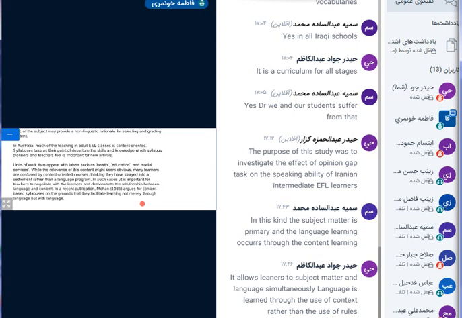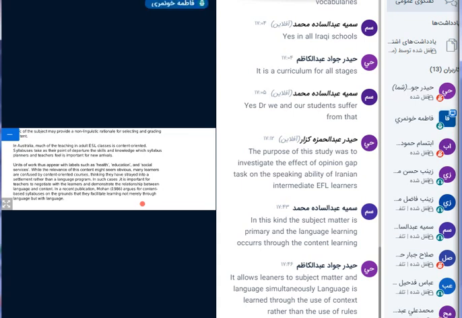In such cases, it is important for teachers to negotiate with the learners and demonstrate the relationship between language and content. In a recent publication, Mohan argues for content-based syllabuses on the grounds that they facilitate learning not merely through language, but with the language. Yes, so